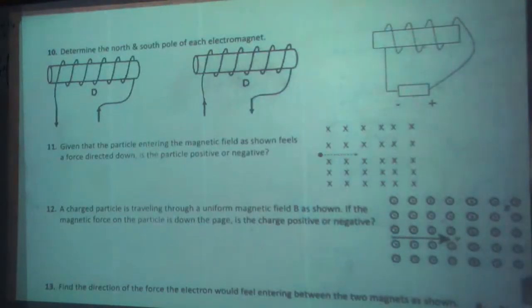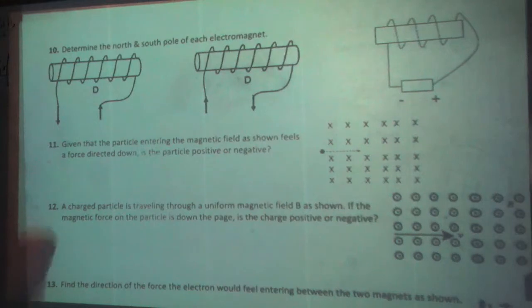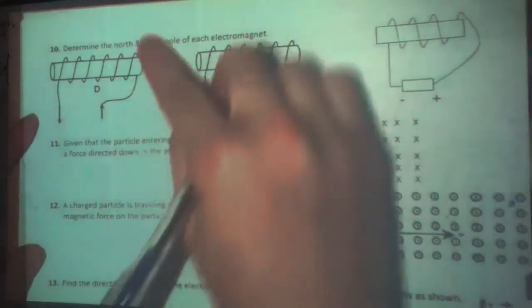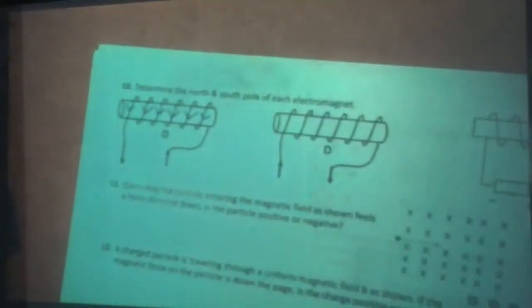The north and south pole of the electromagnet. So let's first determine what is the direction of the current on the front. So this is going up, but that's in the back. It turns around and comes down in the front. This is the current in the wire. Current is represented by our thumb, so that would be my thumb pointing down. Whichever side your fingers are going into, that is your south pole, because the field points out of north and into south. So thumb down, they're going in on this side, so this is my south pole and this is